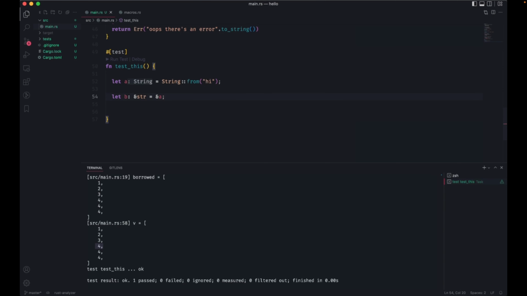Yeah, I think it's needlessly complicated. But when you're doing a string literal, it's always giving you a reference, and this is not mutable because this goes hard coded into your binary.